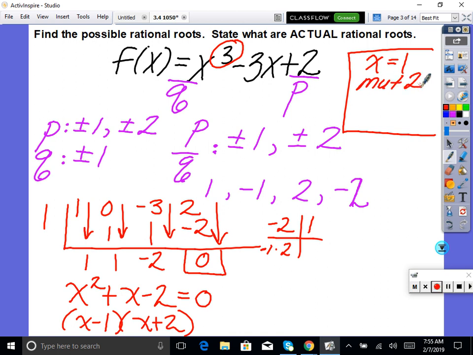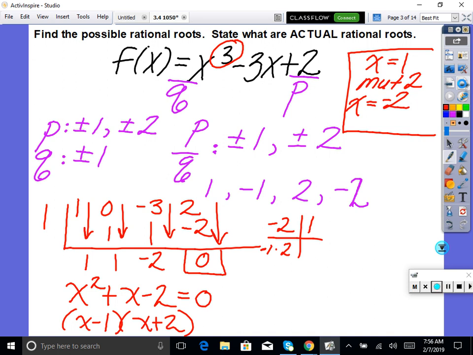And also x equals negative 2, which was a possibility, so we know we did it right. Now count: I have degree 3 and I have 3 solutions, so it's all making sense here. So this one did happen to have 3 rational roots. Any questions on that? It's pretty easy, but we lucked out. We got the right one on the first try. That won't always happen. That's what makes it a little bit more